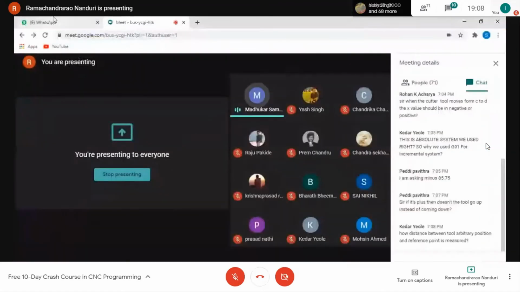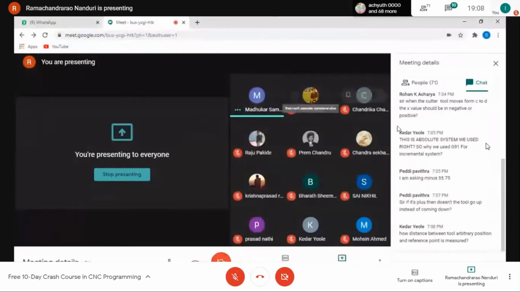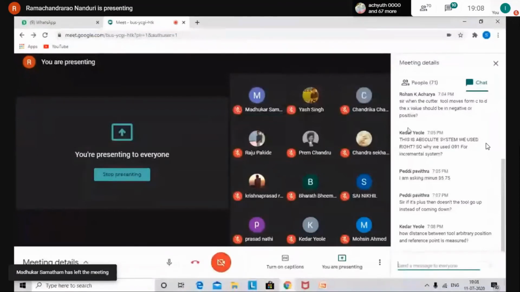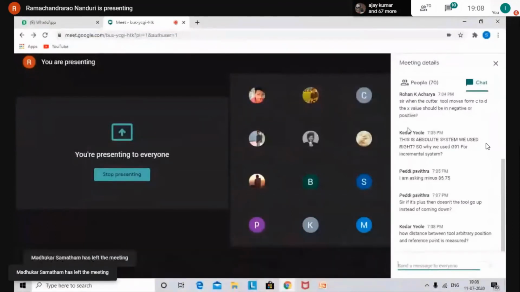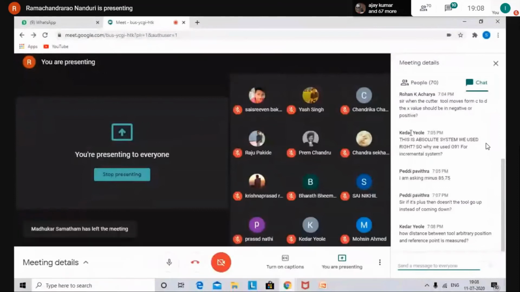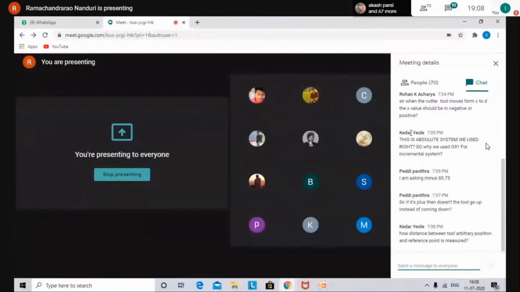When the cutter moves from C to D, the X value should be negative or positive?